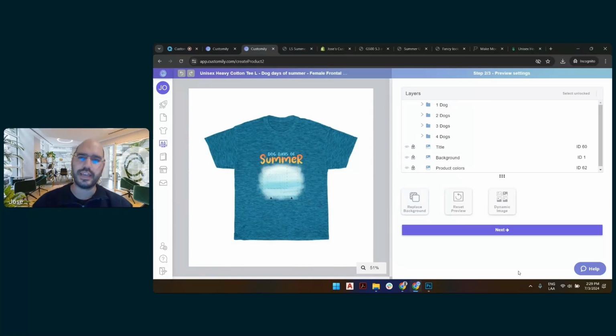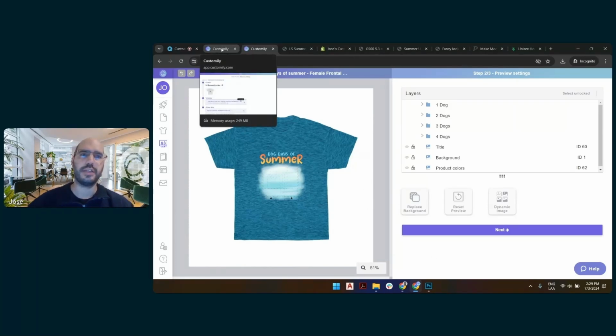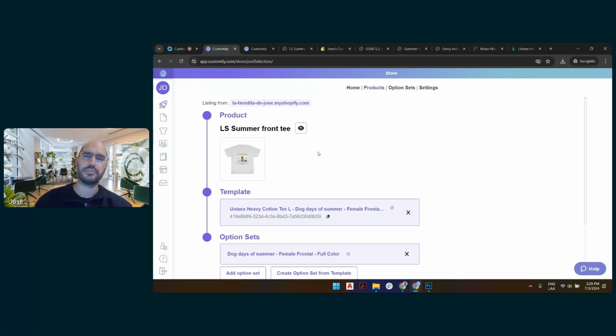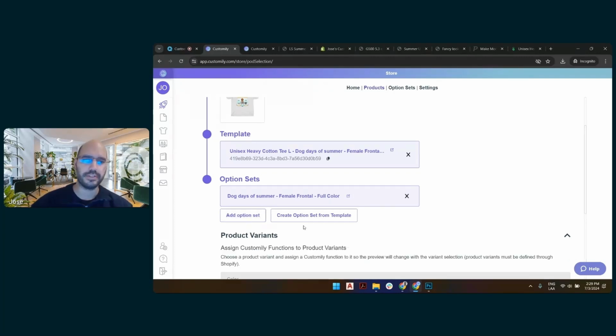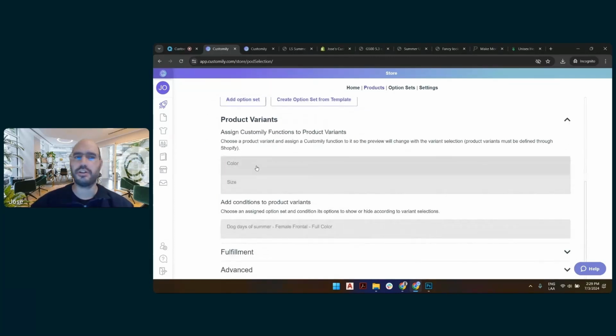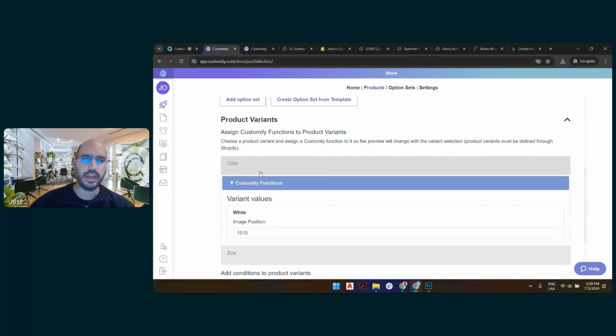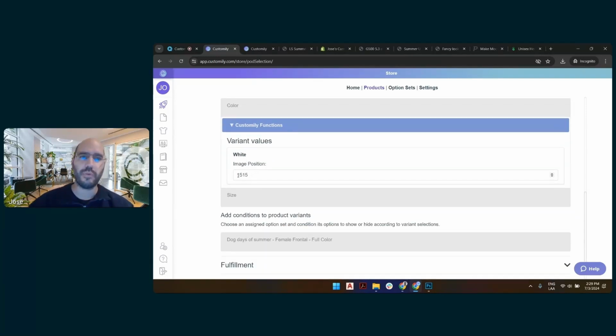First thing you're going to see is that's not the color I selected, right? Why? Because all colors are rendered on the template always, all available colors from that supplier. But if you check on this Customily section, you will see that the product has the template, has the options, and on the variants actually has the color variants. Only one color, right? Yeah, but the white color is actually on the position